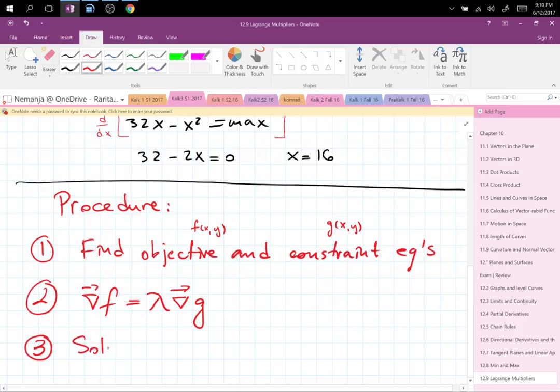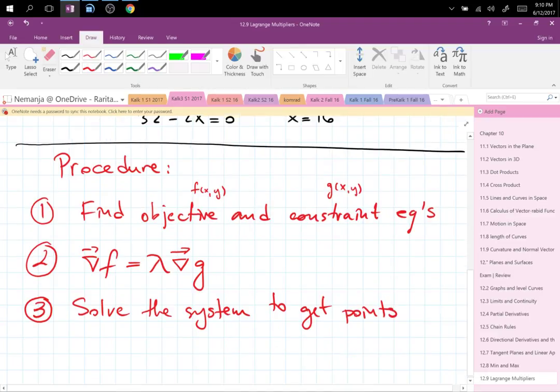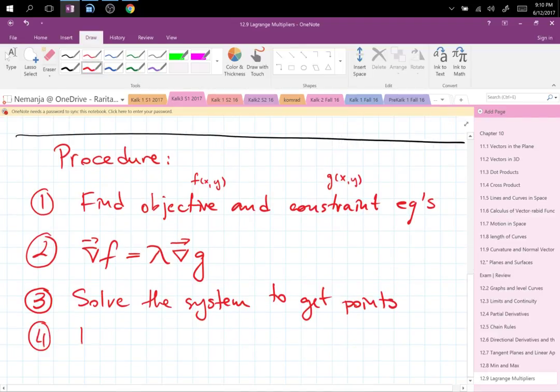Solve the system to get points. And then finally, four, test the points. Now, obviously, you're looking for a max, you're looking for a min. The highest of all maxes is the max, highest of all z's is the max, lowest of all mins